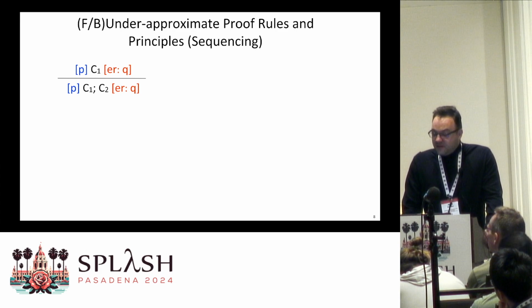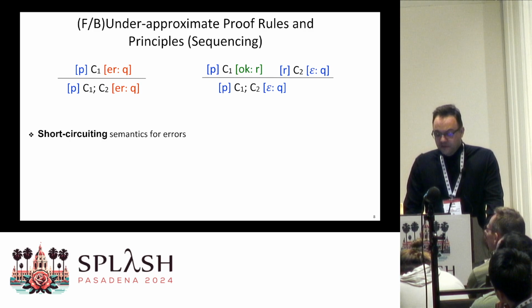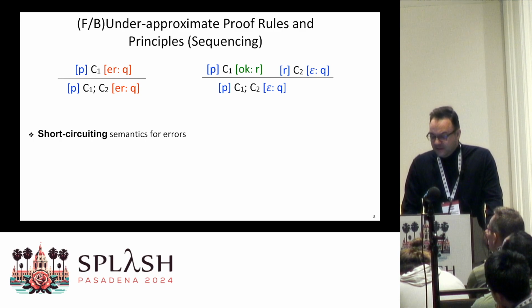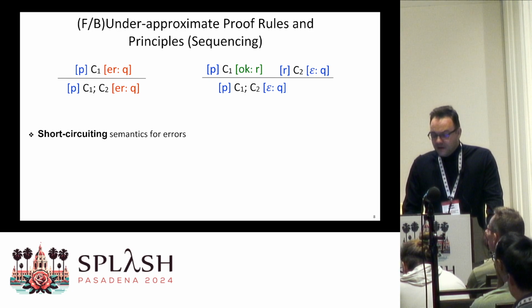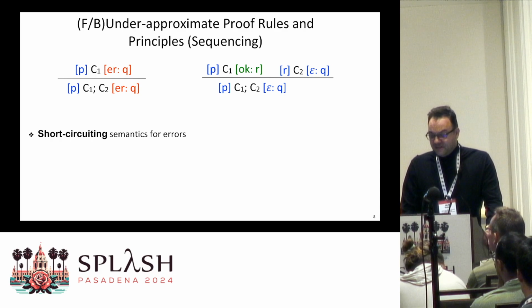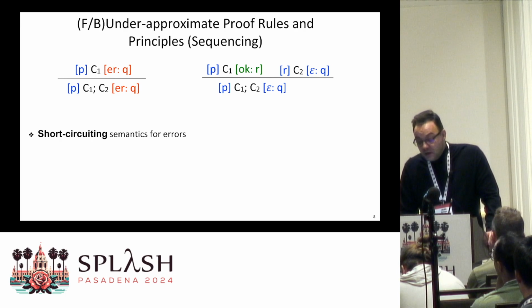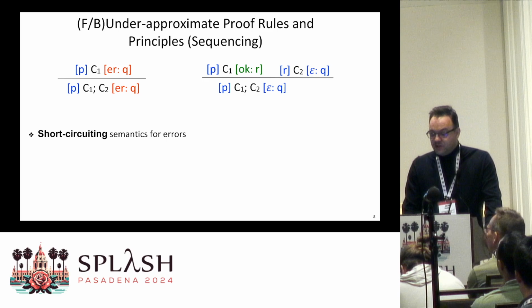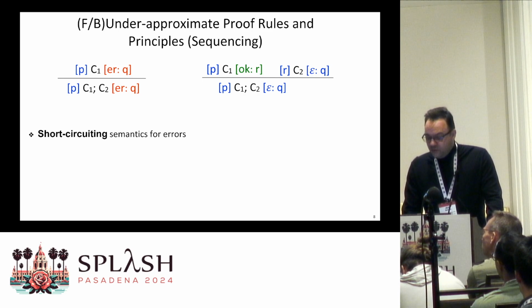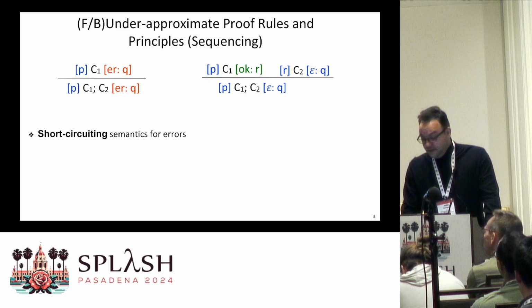So in under-approximate reasoning, you can use a bunch of standard rules. For example, you can use sequential composition on the right-hand side. If you have a piece of code C1 that starts in a precondition satisfying P and leads to a post-condition state satisfying R, and then you have another piece of code, C2, that starts in a pre-state that satisfies R and leads to a post-state satisfying Q. You can do a sequential composition of C1 and C2 to build C1, then C2, that goes from P to